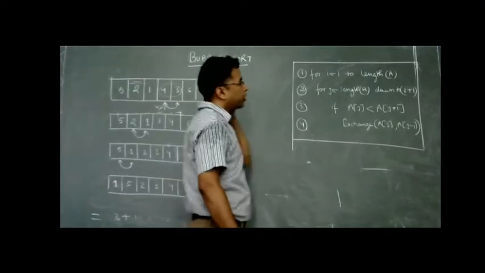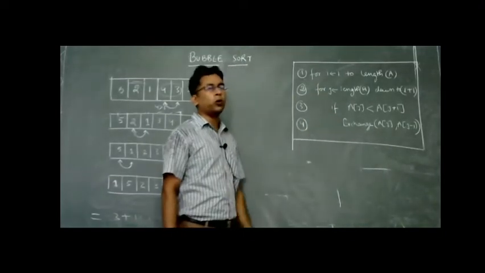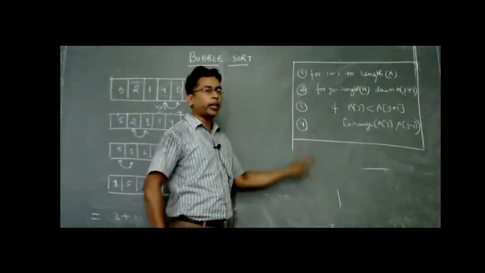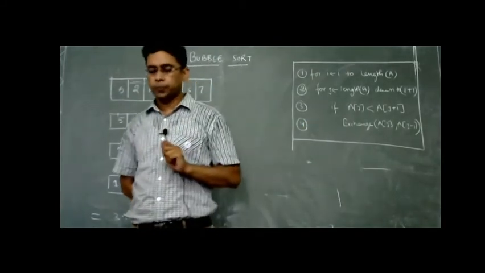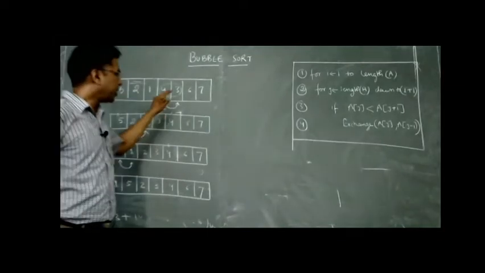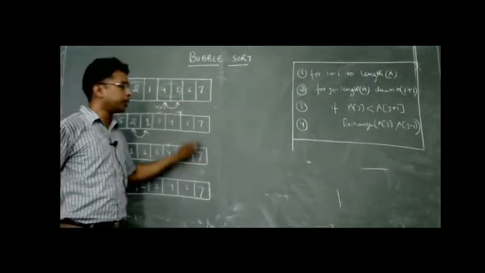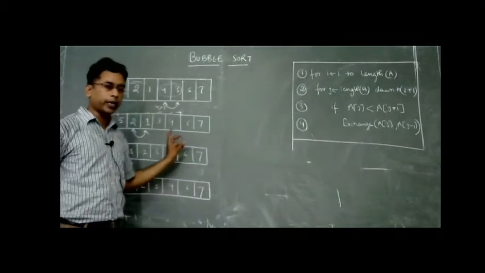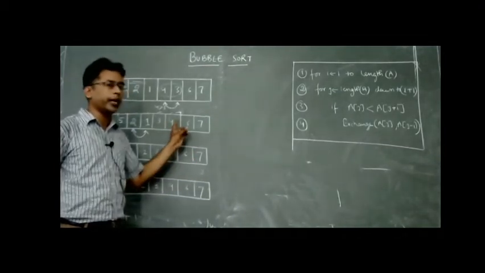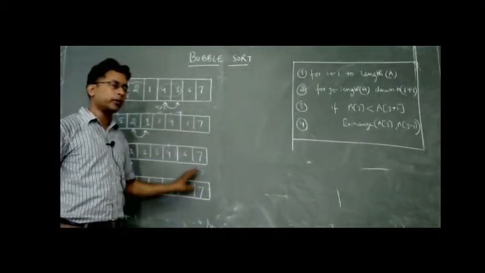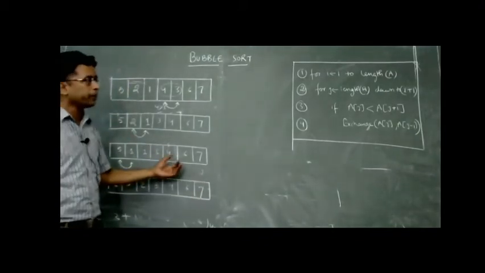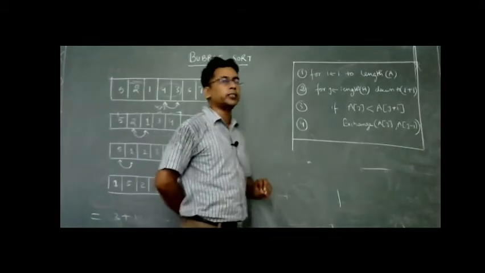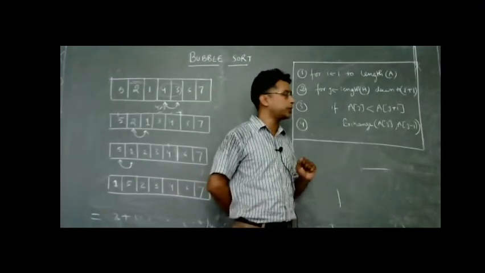So this is the pseudocode of the bubble sort algorithm. I have written it already. This is the iteration step. I have given you an example of how a single iteration of the bubble sort works, but there are n number of iterations. In this case, n is equal to 7, so there would be 7 iterations. After that, we shall get the final sorted array.